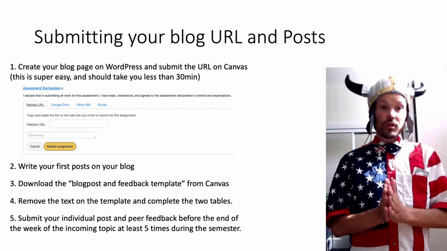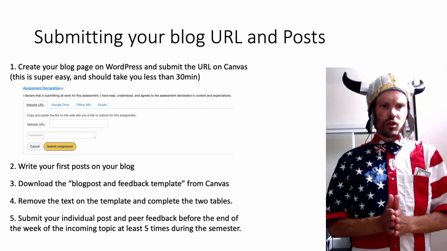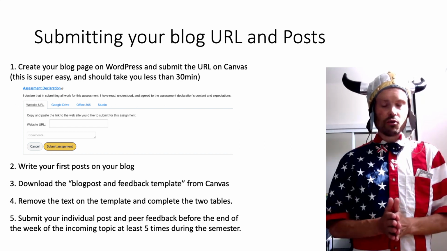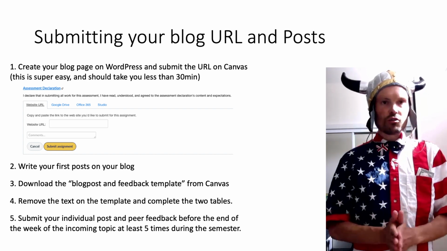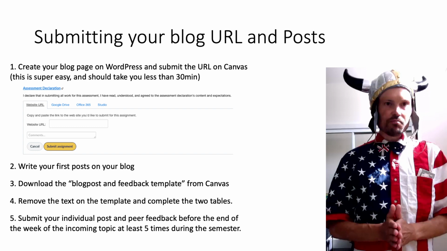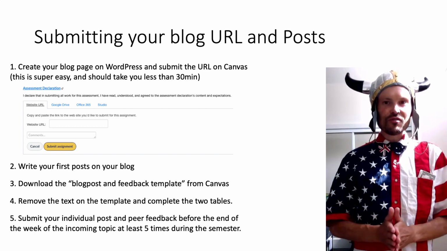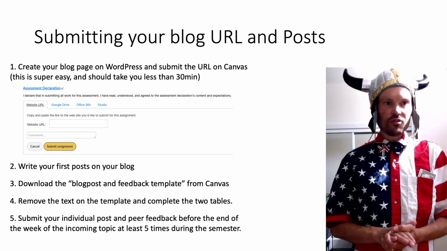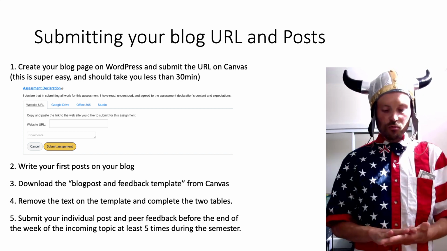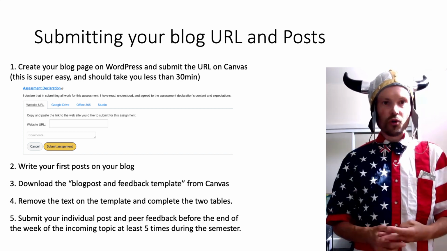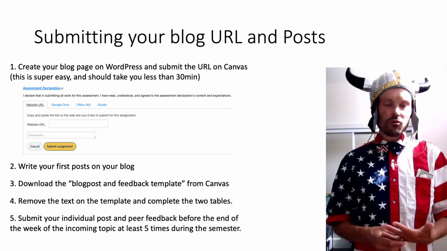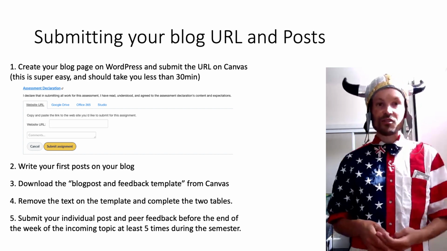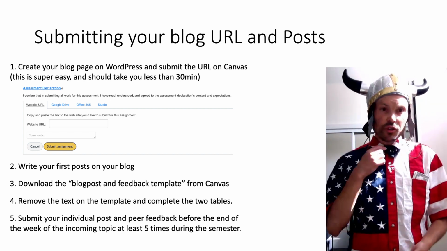Now, please use WordPress. You can also use, I guess, Blogger and other pages as well, but if you choose to use something else, then talk to your instructor first. Do not use Wix, because Wix makes it really difficult to post and receive comments unless you have a paid subscription. We have had heaps of students in the past that got into all sorts of trouble because the comment function just didn't work as we needed it to. So we strongly recommend that you do use WordPress. If you must use something else, then talk to your instructor and we can figure that out as well.